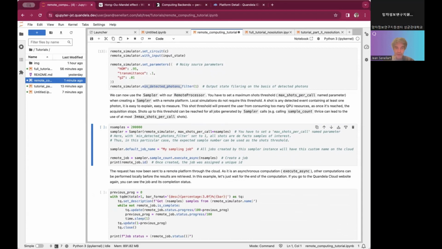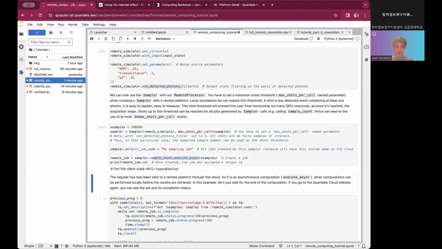When you run a job, you can run sampler.sample_count, as we were doing before. This works, but it is not asynchronous. The online processor cannot be available and answer immediately to any request that comes, so any job is put in a queue. That is what you call asynchronous. So it's better to run it with this syntax that will run it as an asynchronous job. When I run it, I just get an ID that says my job has been launched with this ID.